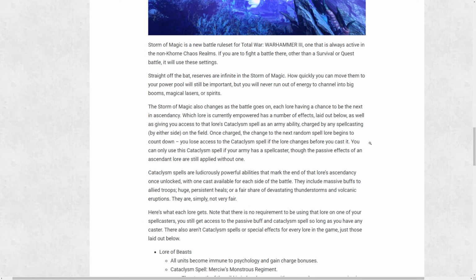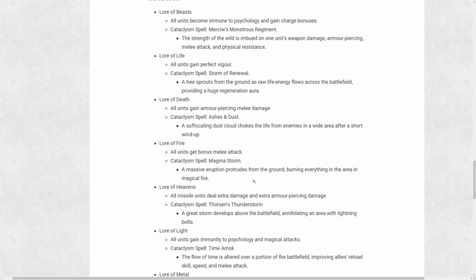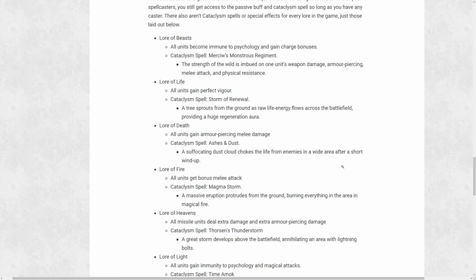So here's each lore and its respective benefit as well as Cataclysm spell. So let's quickly go through these. So for beasts, all units become immune to psychology and gain charge bonuses. They get the spell Merciu's Monstrous Regiment. The strength of the wild is imbued on one unit's weapon damage, AP, melee attack, and physical resistance. It's probably something like a 33 or 50% bonus, something stupid strong, because these are supposed to be very strong,